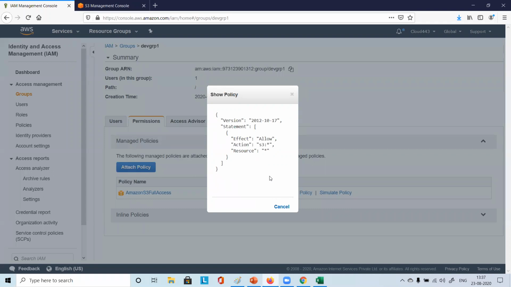Complete S3. You just see two things here, two asterisks. What is the first asterisk? S3 full access. The S3 action means all actions. Any action he can do. Not only read or write, he can delete.